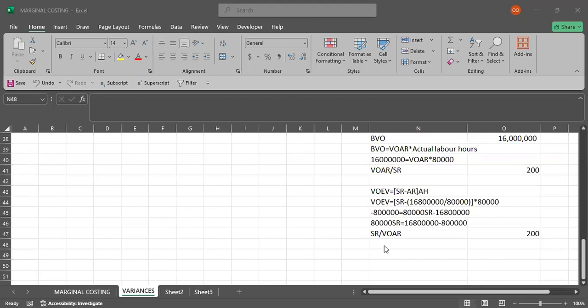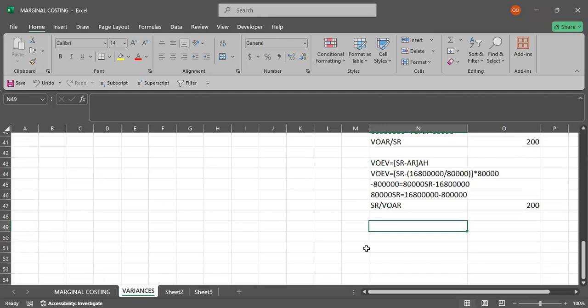Nice. We're remaining with the last one, that is fixed overheads. Or even variable overhead efficiency variance. So the variable overhead efficiency variance, it will take us to the same standard rate. That is 200 shillings per direct labor hour. Good. So let's go to